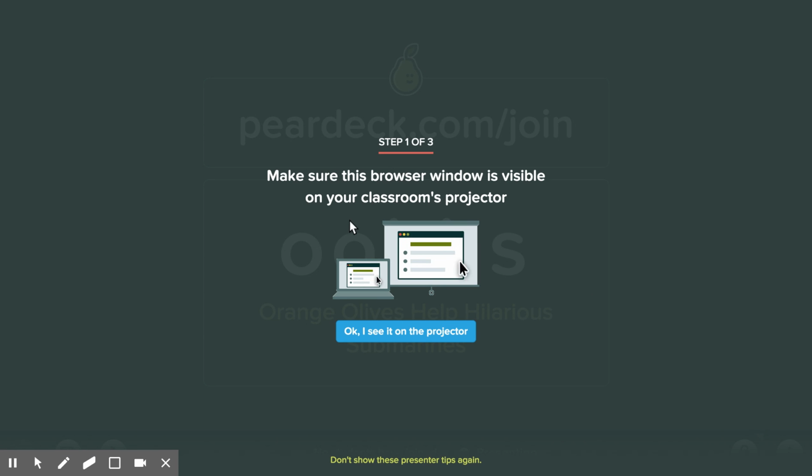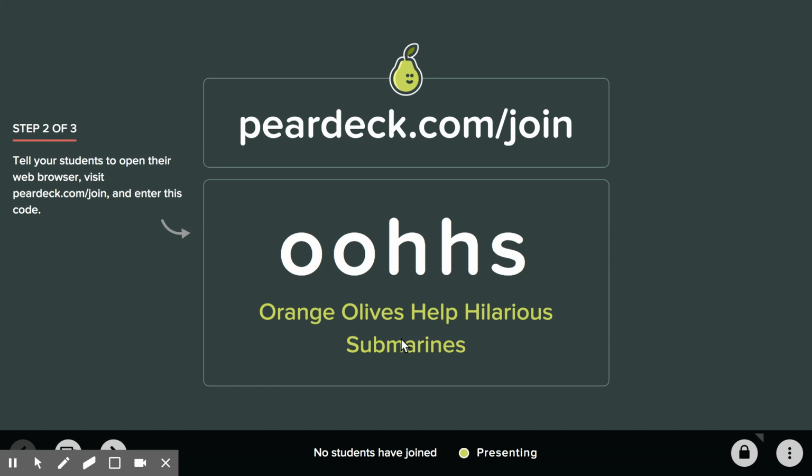You'll see step 1 says make sure this browser window is visible on your classroom's projector. So if you have a smart board, then you would want to make sure to display this. And then once you see it on there, you'll see that it has this URL that prompts students to use their device to log into the session. So you have to go to